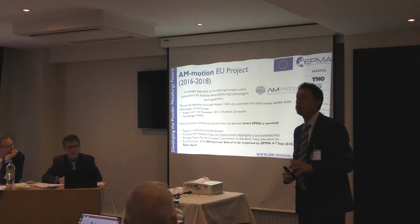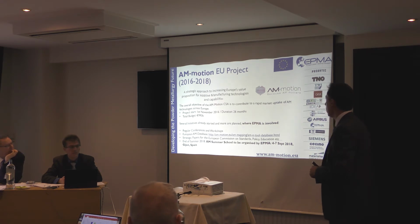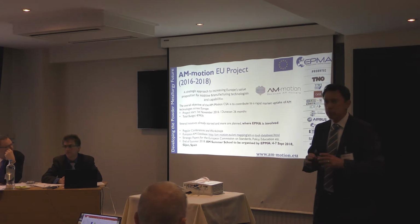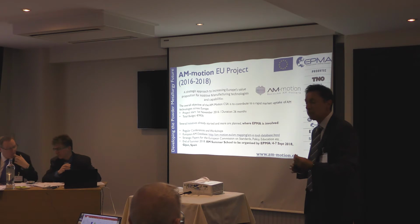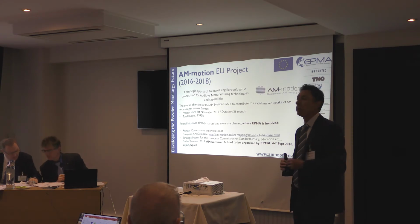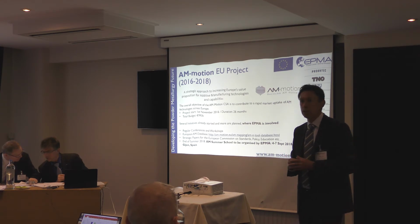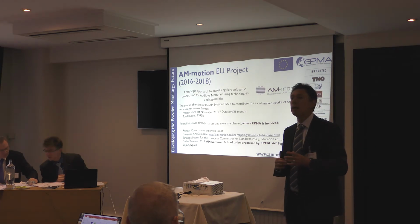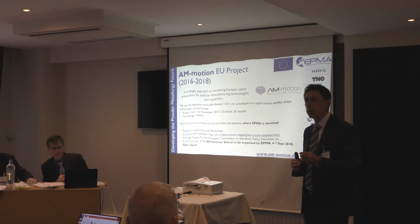So we are involved in 2 EU projects right now. The first one is the iMotion EU project. So it's a kind of strategic approach project. There's no research in that. It's in order to foster the additive manufacturing sector in Europe through many initiatives. We are part of a large consortium here, and our goal is, of course, to represent the powder metallurgy sector